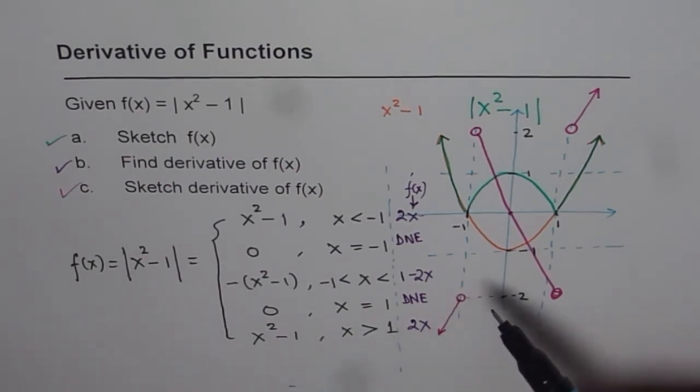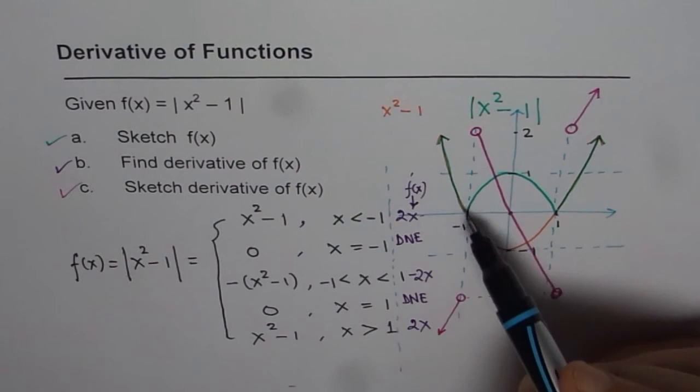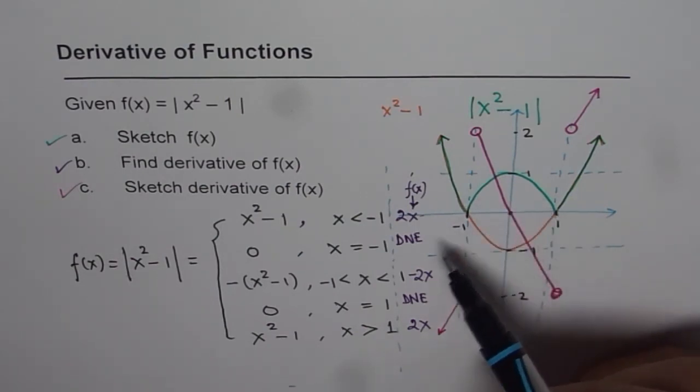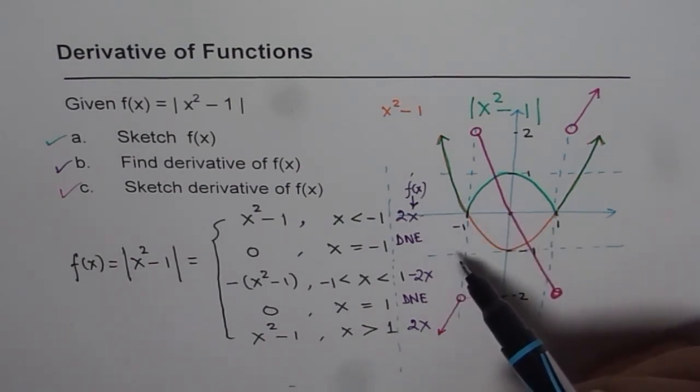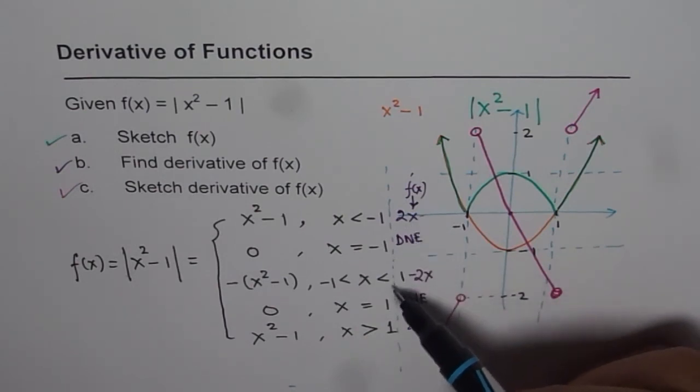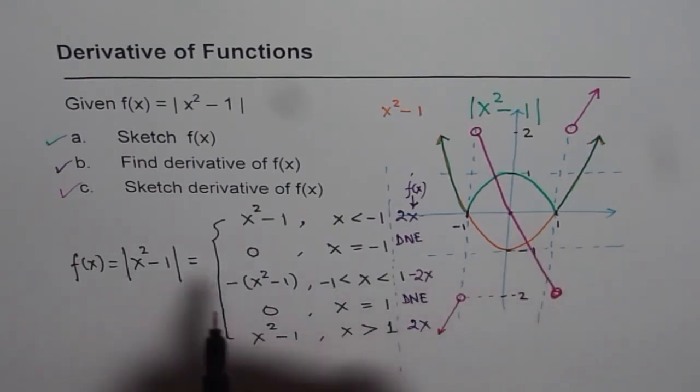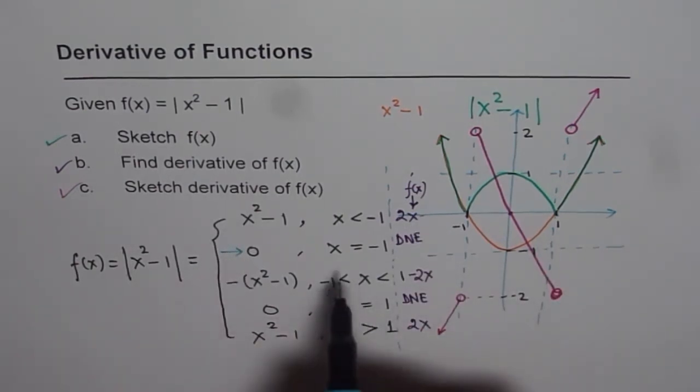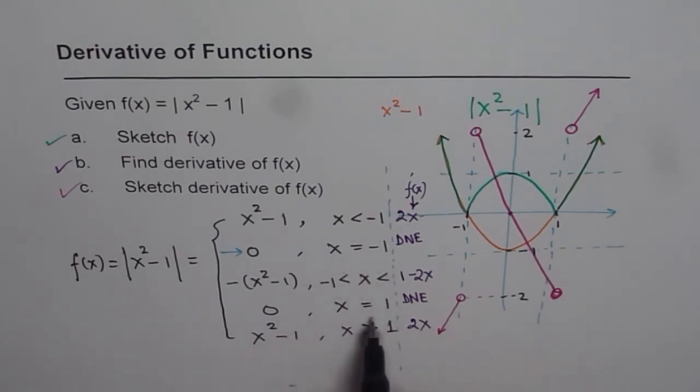All these things helped us to sketch and to find the derivative. Now it's very critical to split your function in a different way. And I think that when we write x equals minus 1 and plus 1, where the value is 0, it really helps to solve this problem. That is, I think, the critical thinking required in solving these kinds of problems. I hope you learn and appreciate